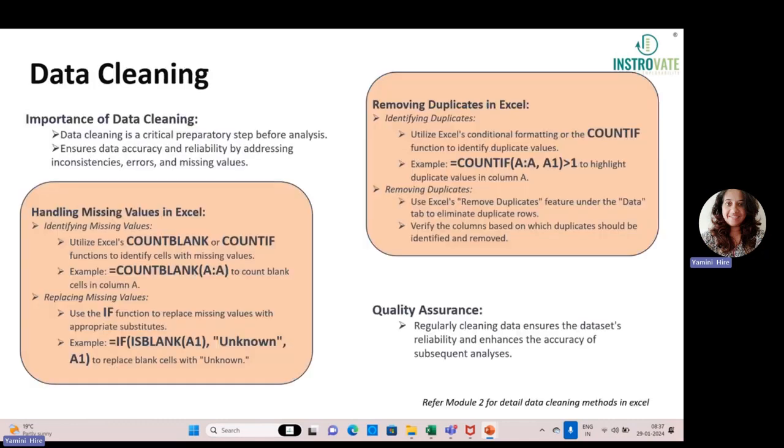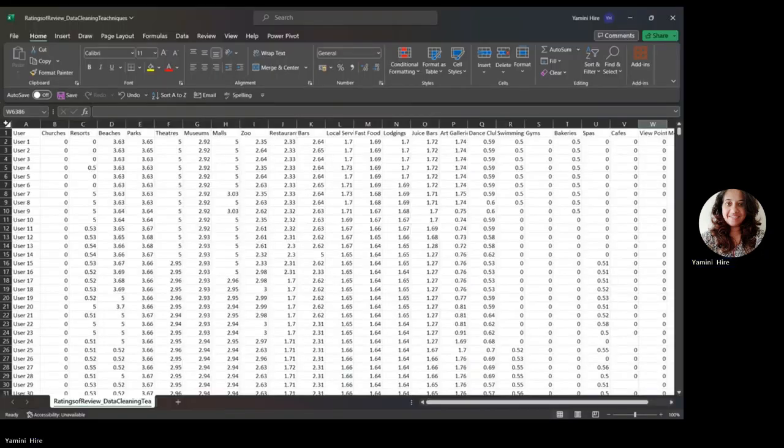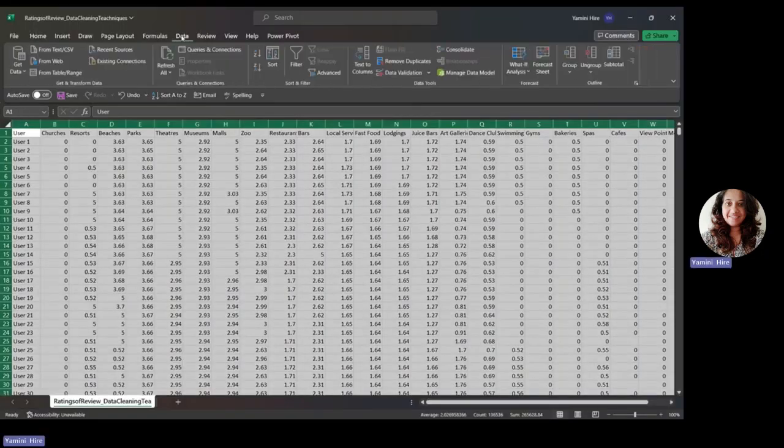First we need to understand the data set. We need to find out how to get the data and how to do the data cleaning. Data cleaning is a critical preparatory step before the analysis. In this, we ensure data accuracy and reliability by addressing inconsistencies, errors and missing values. We all know how to find missing values. Again, I'll show you that. So we go to the data